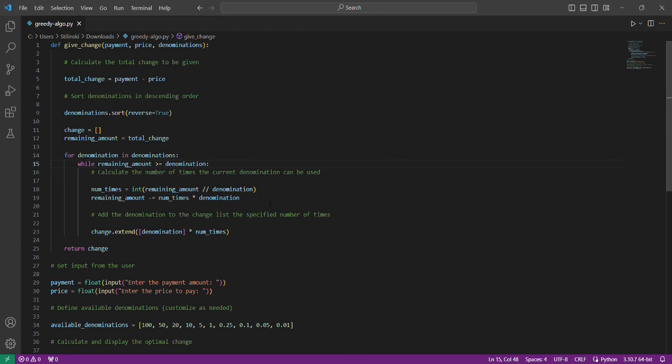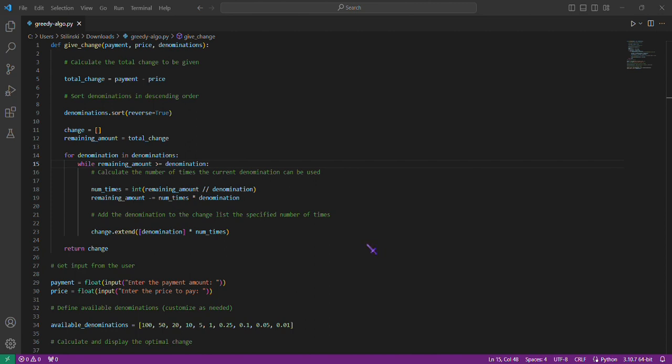So let us explain the purpose of this code. The purpose of this code is to calculate and display the optimal change to be given based on a payment amount and a price to pay.